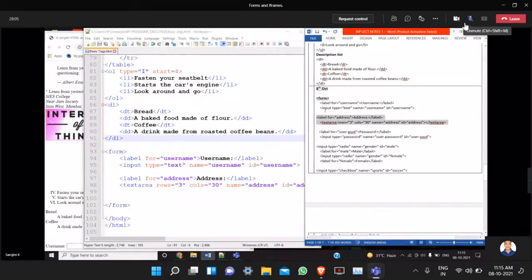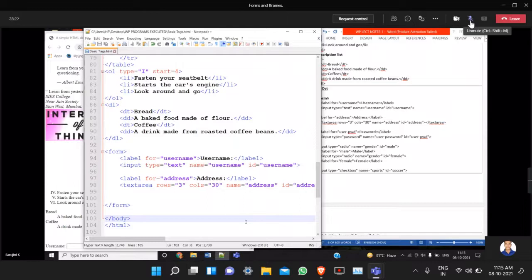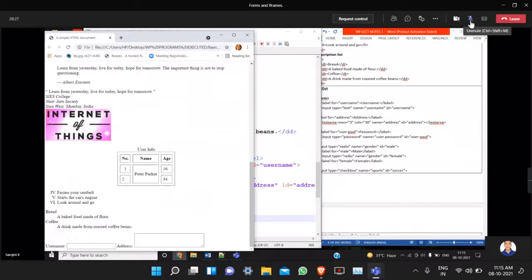Now the text area we have displayed. Now one password box. Label tag. This is to display this.